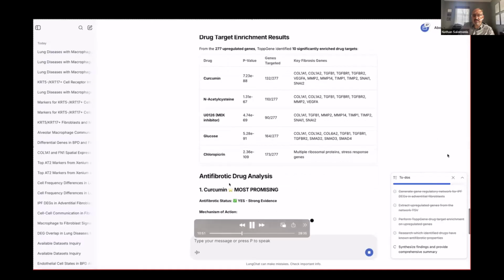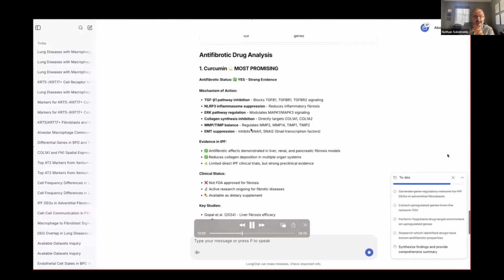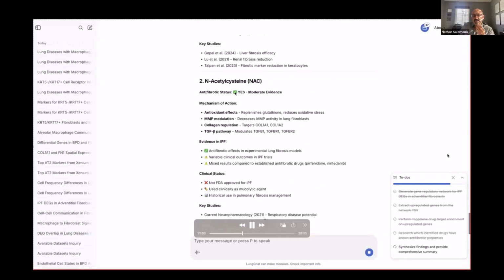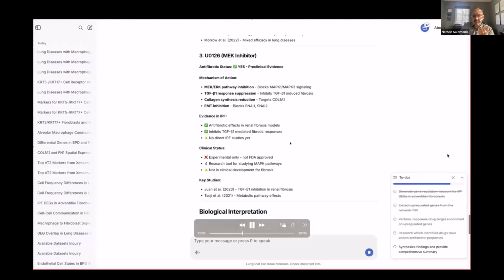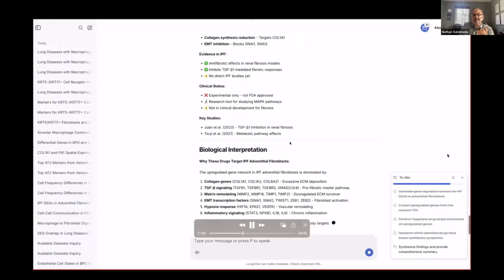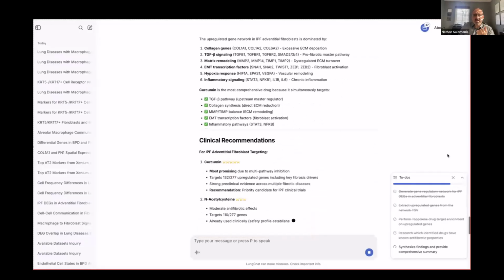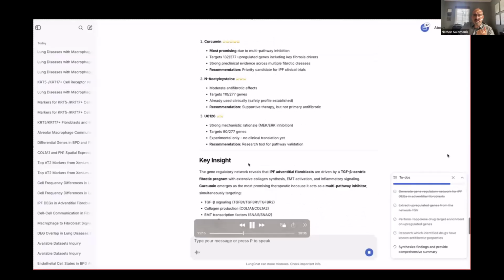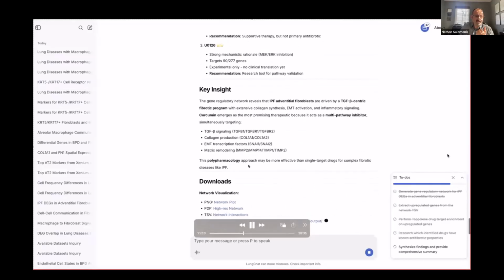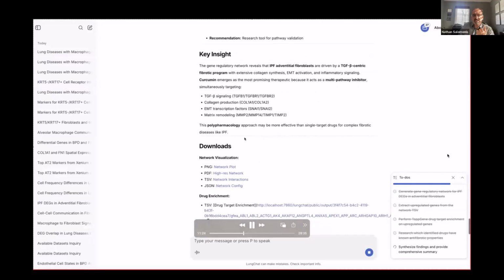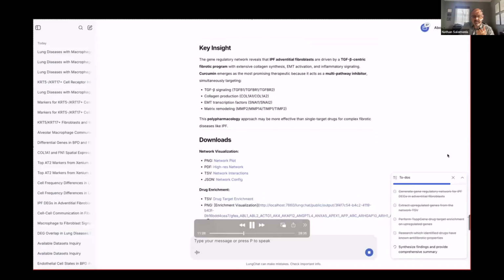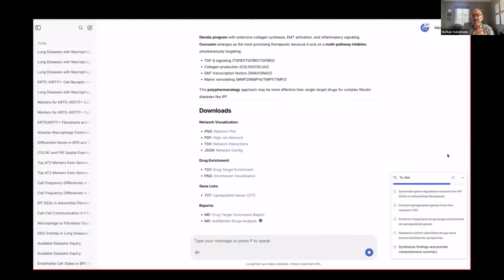And then it actually does this literature synthesis now of saying, what are the pathways that these drugs seem to be targeting? What is the literature evidence for this targeting? And comparing and contrasting these results and saying, really, if you were to focus on particular drugs or signaling pathways, which of those you would be best focusing on.